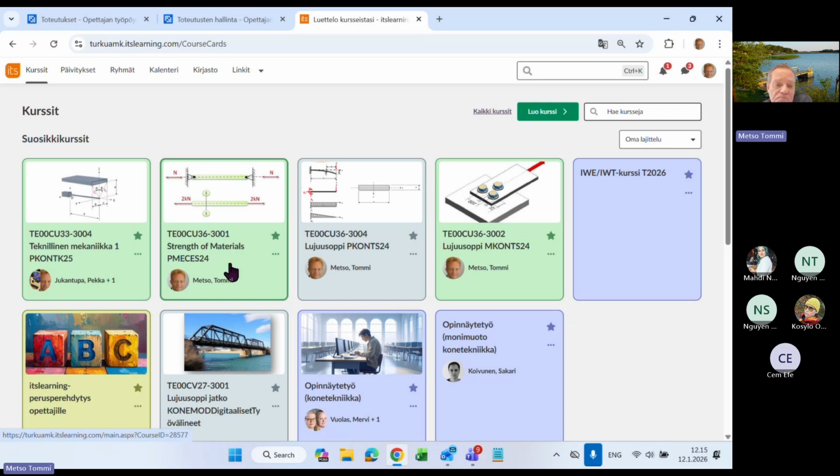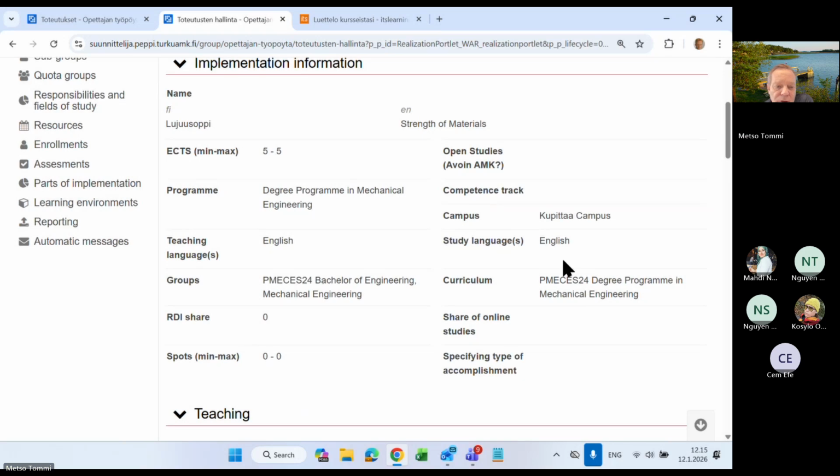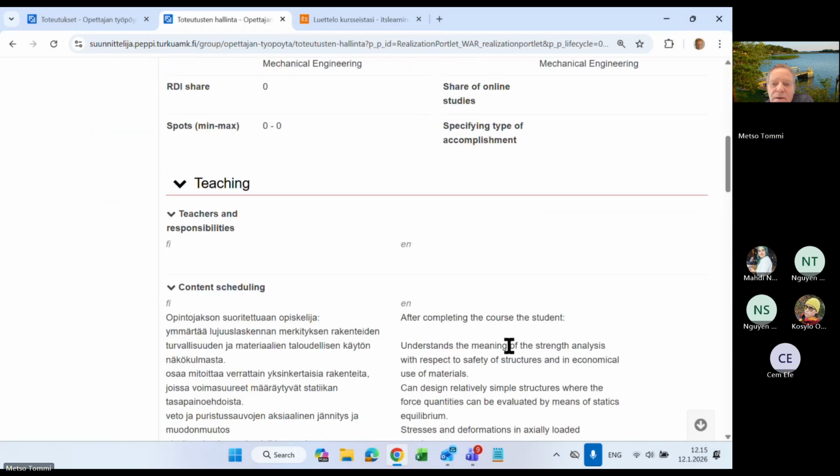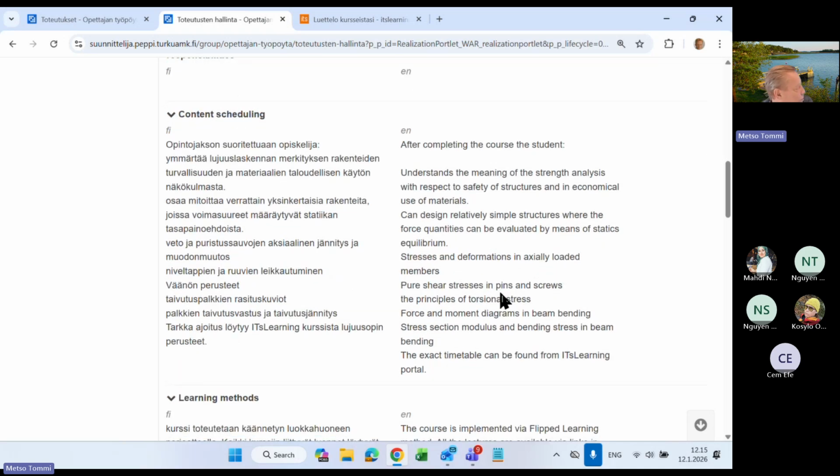And we can first check the specification for this course. On the right side is the English version of this course material specs. There are these common things first. What is the